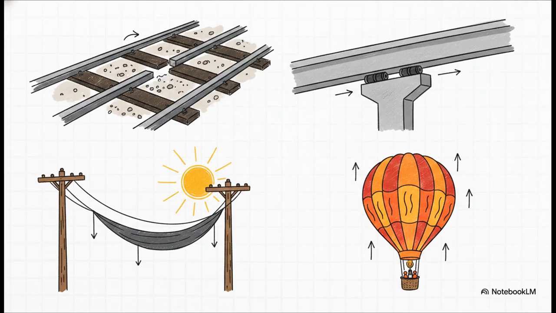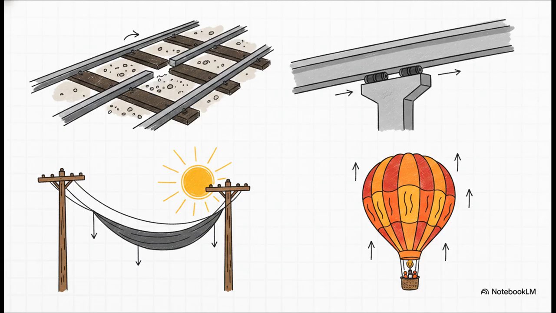It's the same for infrastructure. Long steel bridges actually use expansion joints and sliding bearings so the bridge can expand and contract safely without collapsing. Utility companies explicitly have to calculate for the summer sag of power lines due to heat. And, on a lighter note, heating the air inside a hot air balloon causes the gas to expand incredibly fast, making it less dense than the cooler air around it, which is exactly how the balloon rises. Ignoring these principles doesn't just result in a bad grade on a physics test, it causes cracked glass, snapped pipelines,